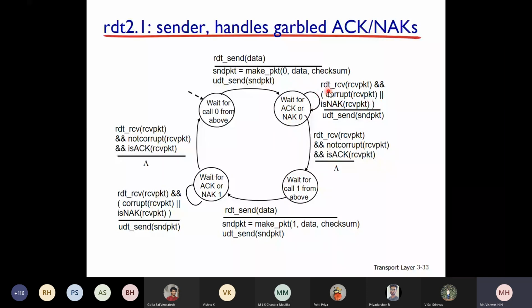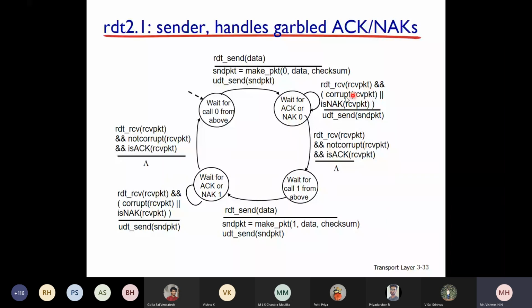Okay, so what happens? You received a packet and that received packet is corrupt, or it is a negative acknowledgement. You see here, "or", two different things are there. You have received a packet. After that, what you have to check? Whether the received packet, that is acknowledgement or negative acknowledgement, whatever it is.